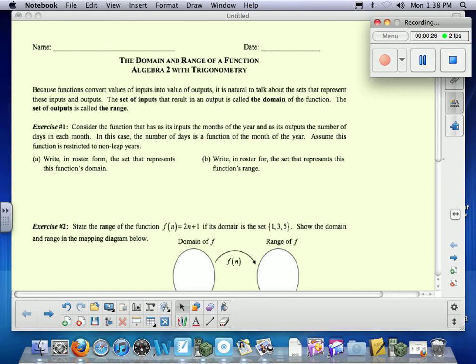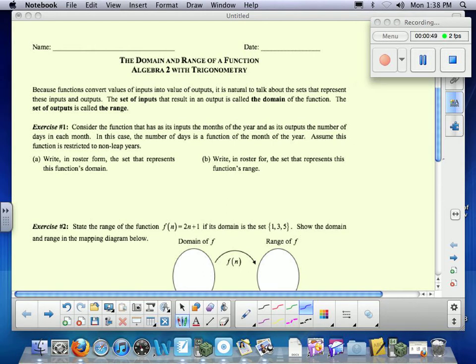When we talk about that in terms of functions, the domain is almost always our x value, where we start. Our range is almost always our y value, where we end up after we have done something to our numbers. So just so you have kind of a connection to things, they're calling it the input,